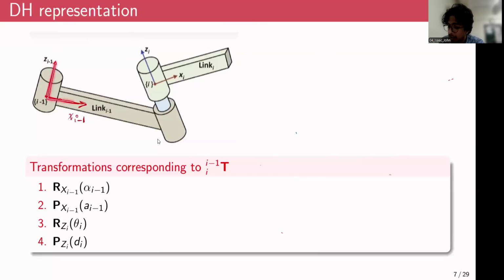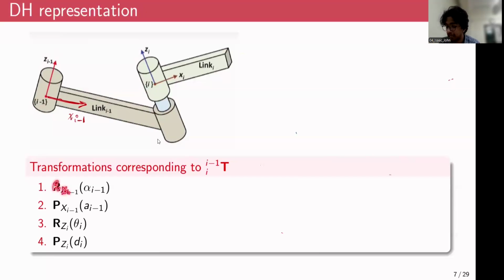So to communicate the information between these two frames, frame i minus one and frame i, we require four transformations, right? As you can see, there is a relative position between frame i minus one and frame i. And there is also a relative orientation between these two frames. So we basically map these relative position and relative orientation differences using four transformations, which are given by,